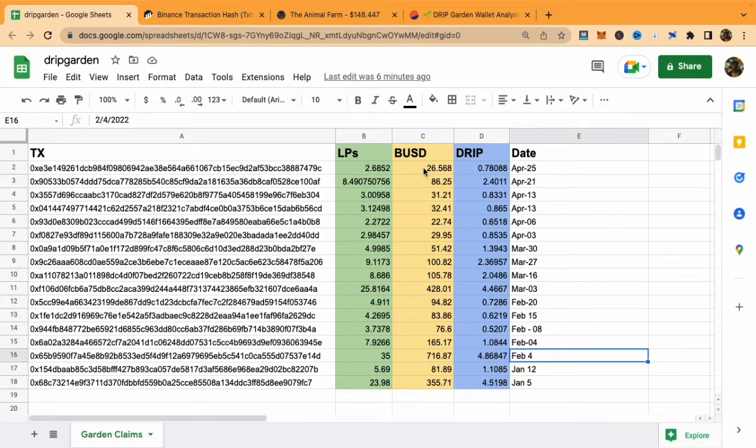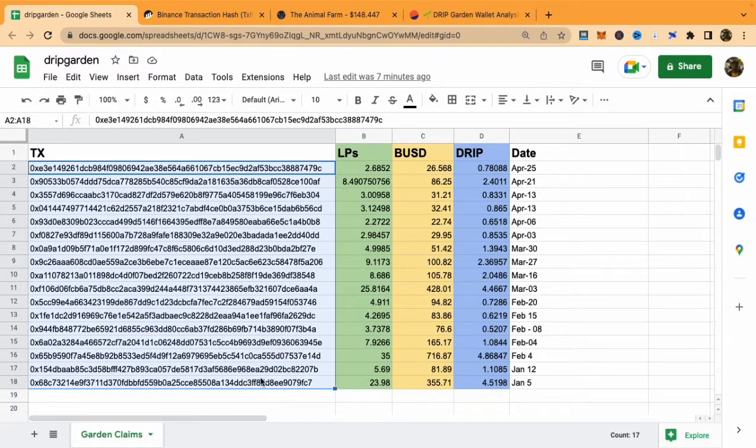And you can see in total here, this is how much I've taken out, about 2,500 and about 30 drip. So in total value, after putting in 2,000, I've taken out about 5,000 US dollars worth of value. And that is alternating between compounding my gains back into the garden and withdrawing. And this is about 17 transactions here from December 16th that I've actually claimed out